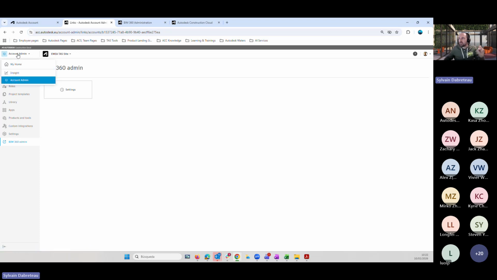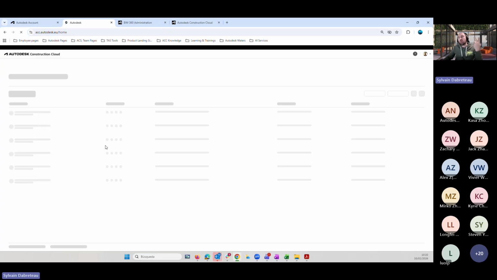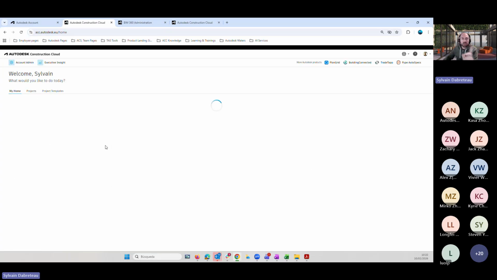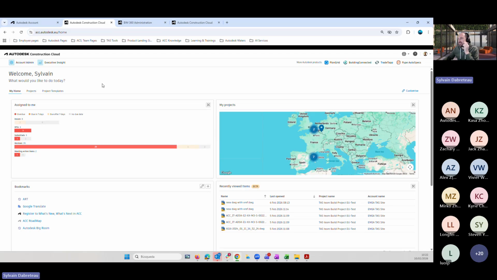Just one thing before account administration, I want to show you your home page. Every one of you has home page access. This is your own personal page that you can configure the way you want. Maybe you will have some guidelines given by the BIM management, by Casa. But what do you see here in this welcome page? That's my own welcome page. No one else sees what I see.